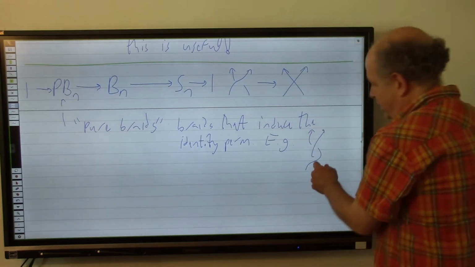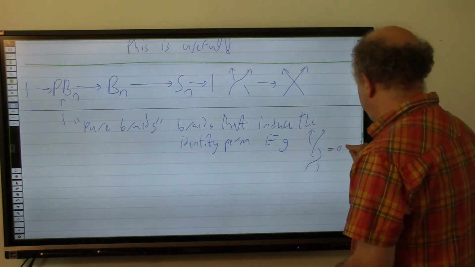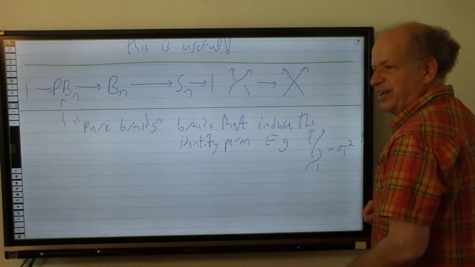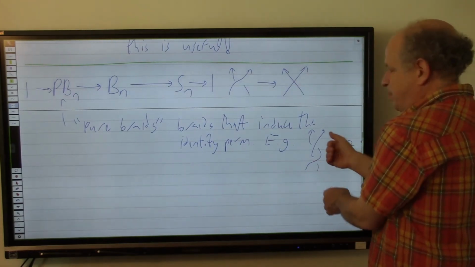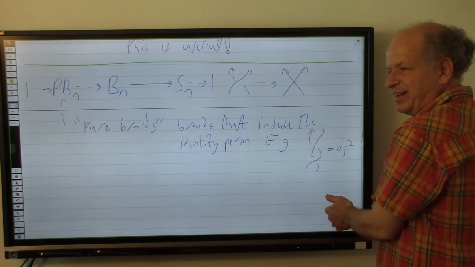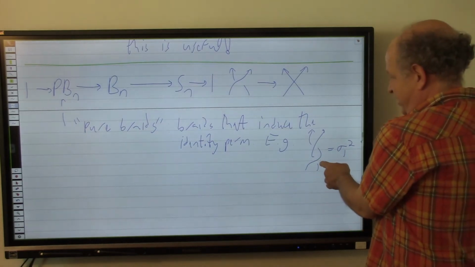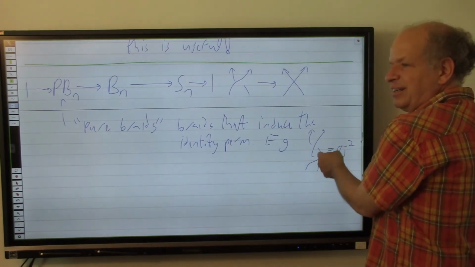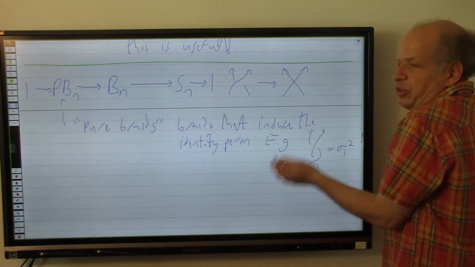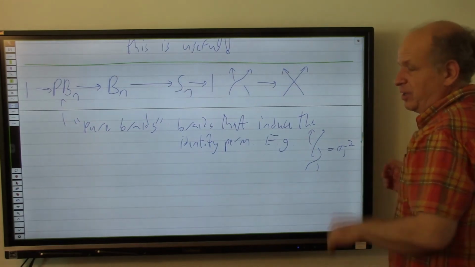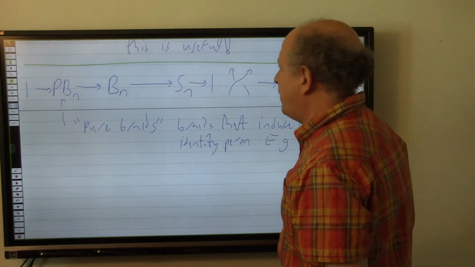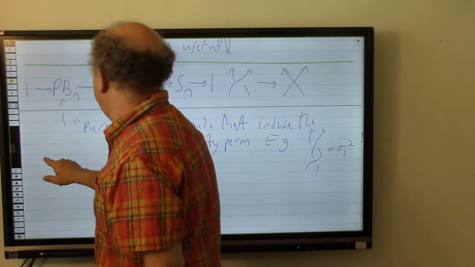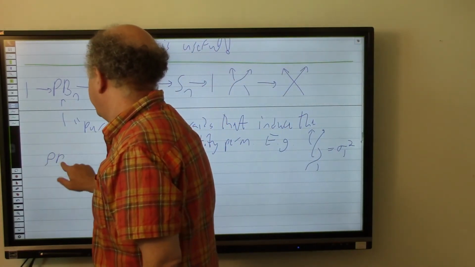Okay, so this is really sigma 1 squared. So it's twice a positive crossing, and as a permutation it's the identity permutation, but as a braid it's non-trivial. Okay? By the way, there is also a